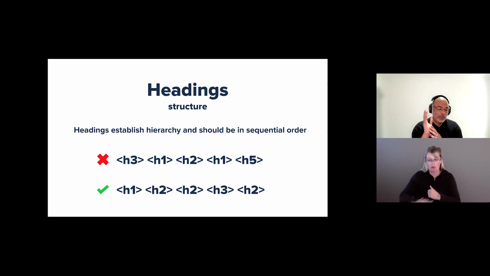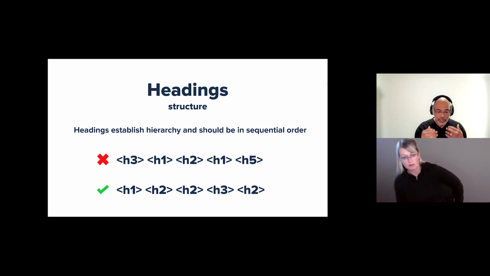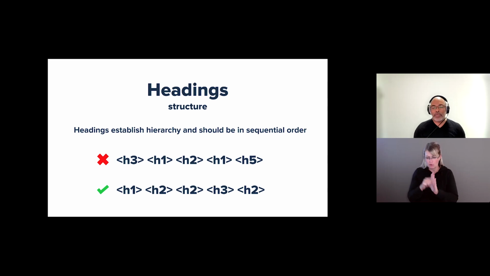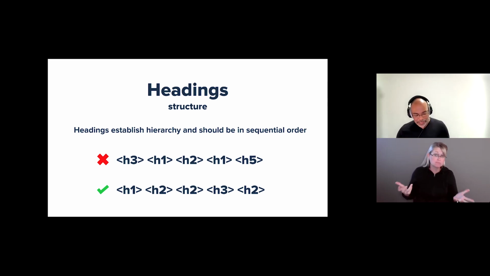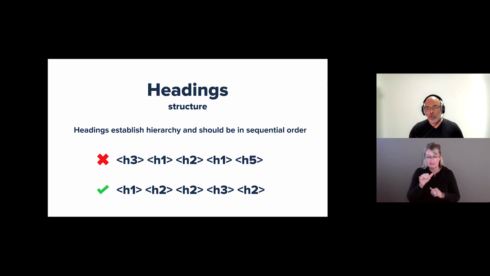So I know someone with an engineering background may be thinking this, well, how come I can't use multiple H1s on a site? You can. But here's the thing. Browsers were never developed to actually support it. And so when we have companies who are building assistive tech, they're building off of those rules. This was a rule to use multiple H1s. This was a rule that was suggested, but it was never implemented.